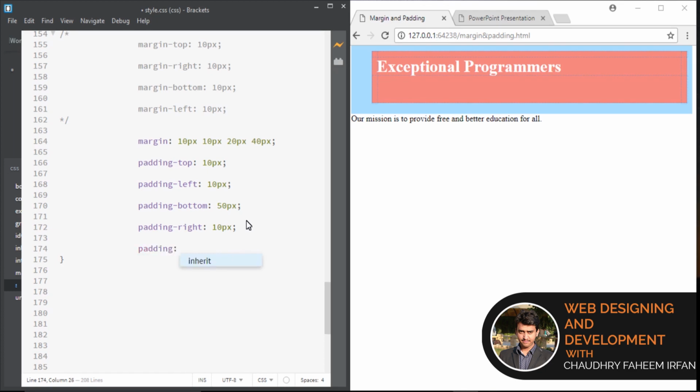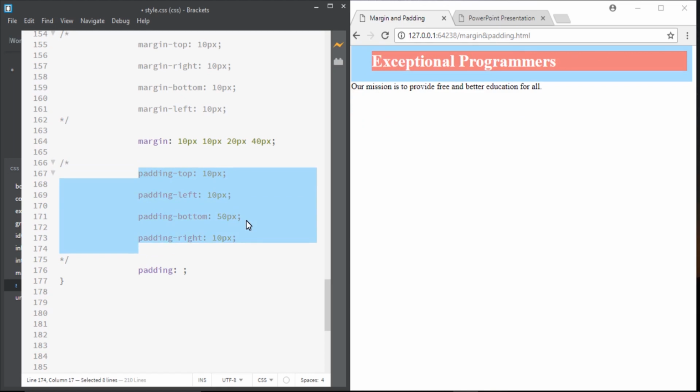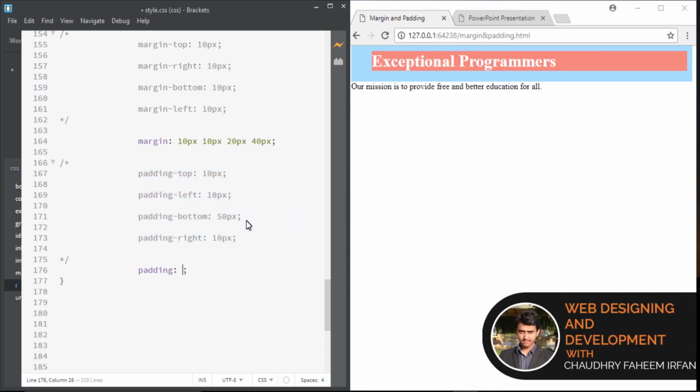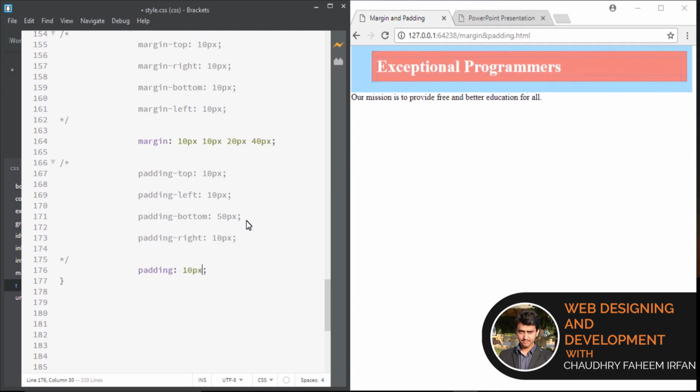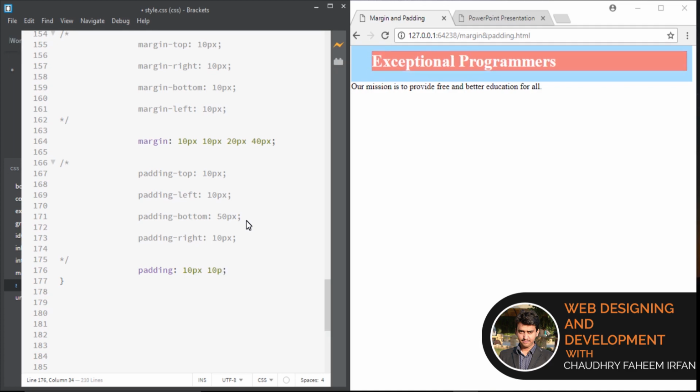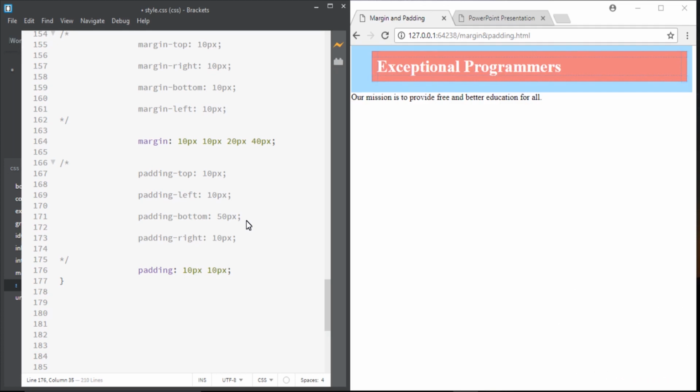Padding, first of all, make it a comment, control plus question mark, and padding top 10 pixel, and padding right also 10 pixel, sorry, and padding bottom 10 pixel, padding left 10 pixel. If I change it to 100,